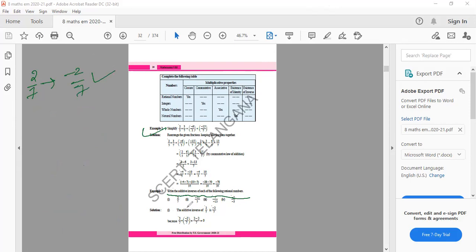Next, minus 11 by 5. The minus of minus 11 by 5 becomes plus 11 by 5. Minus becomes plus, and plus becomes minus. Like that, it has to be done. We'll get it and get out. Okay. I think you're very clear. Yes, I'm very clear. That is the first question.